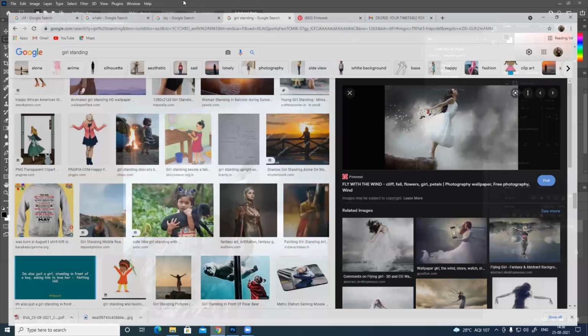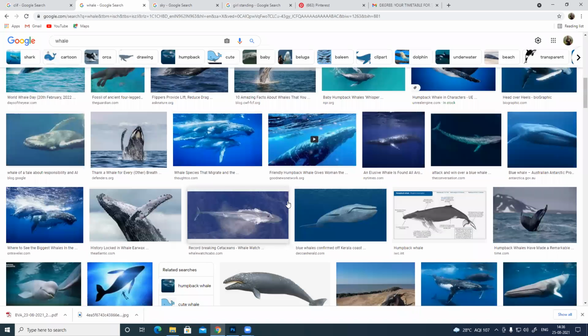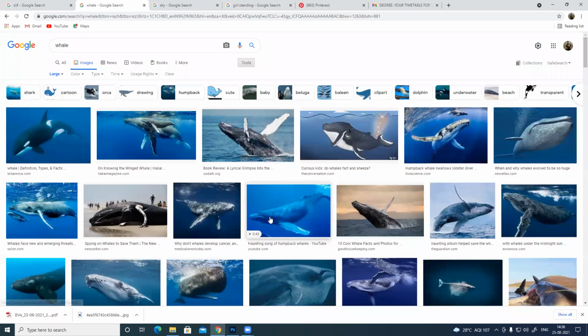And let's see. Wait, I was searching for something like maybe some float, like a flying whale or something, because it's the kind of a dreamy sequence. So I can definitely use something like this.